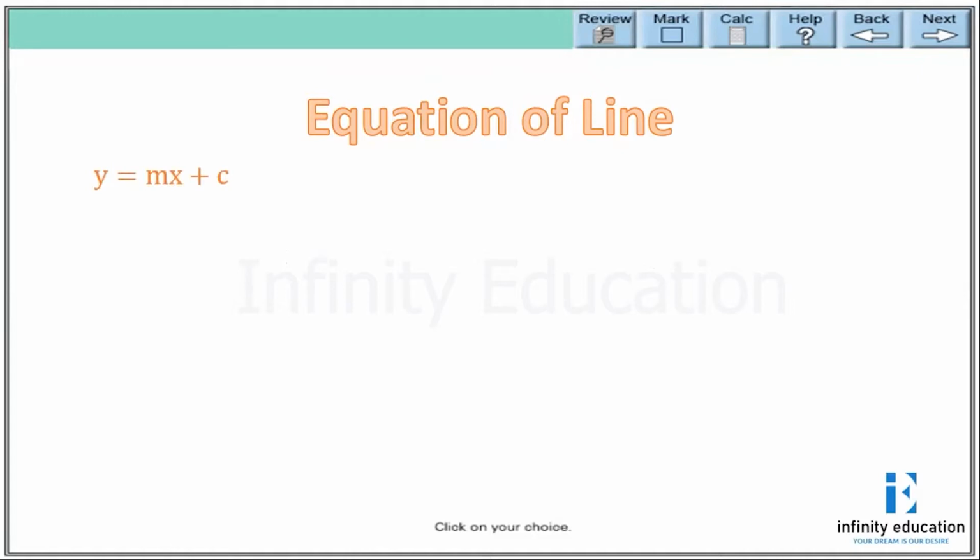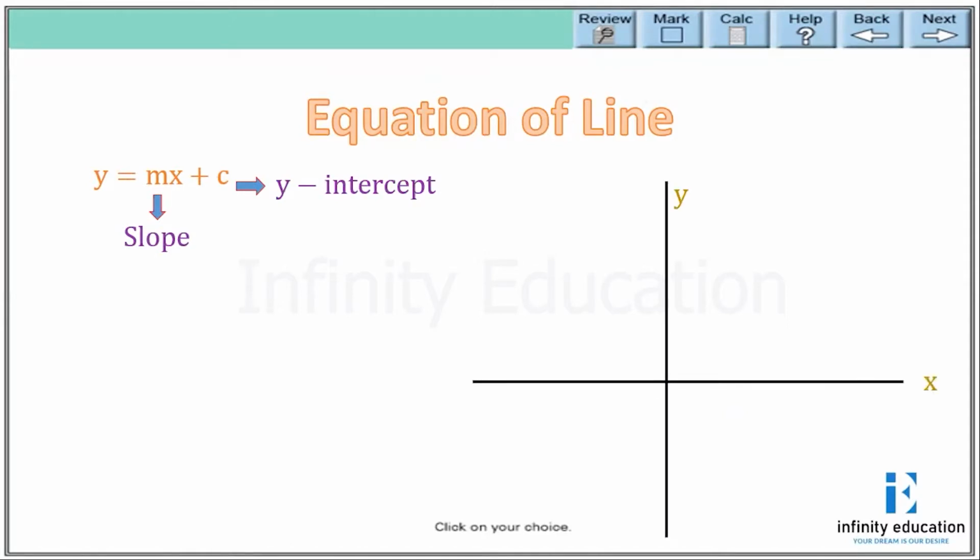This is how the equation of a line looks, that is y equals mx plus c, where, as we already know, m is the slope and c is the y-intercept. So if we draw an xy coordinate plane and a line, then if we talk about the x-intercept, the value for y should be 0 and there should be some finite value for x. If it is on the positive side of x, it will be positive. If it is on the negative side of x, it should be some negative finite value for x, and the coordinate for y should be 0.